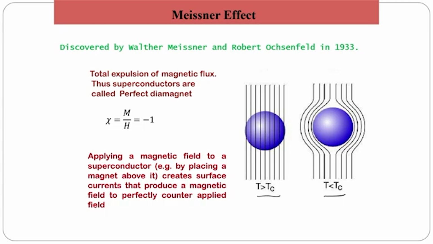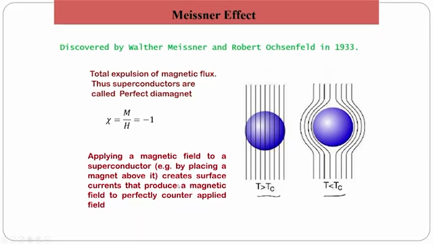And what is meant by perfect diamagnets is that their susceptibility is nearly equal to minus 1. Even for the best known ones in solid state physics, diamagnetic susceptibility is weak, except for the superconductors. They have susceptibility of the order of 10 to the power minus 4, 10 to the power minus 3,